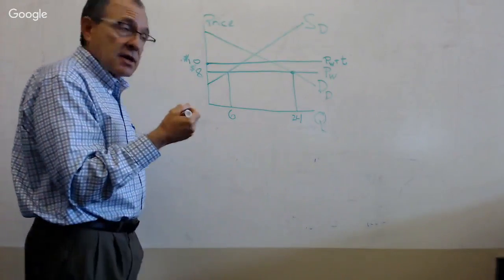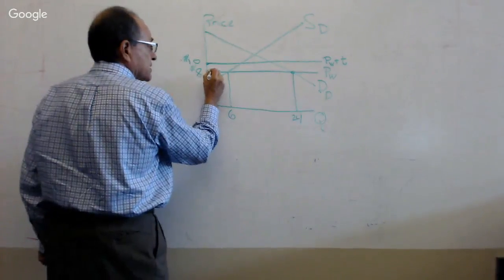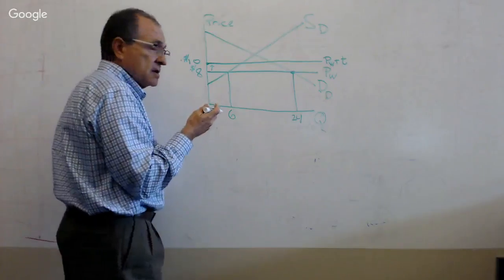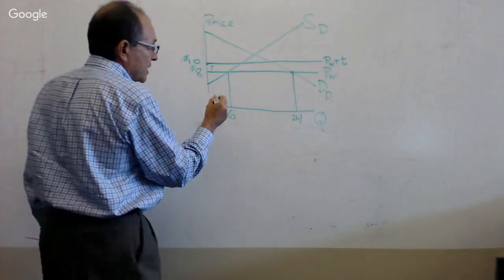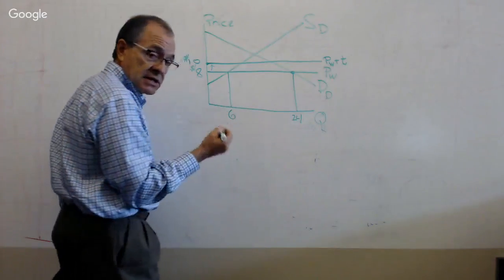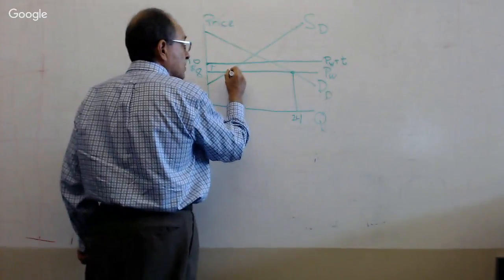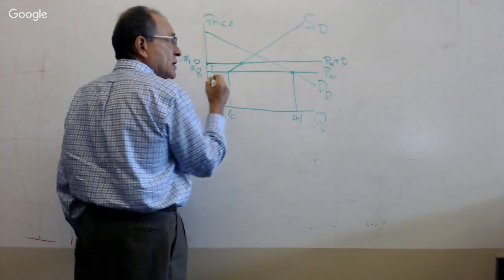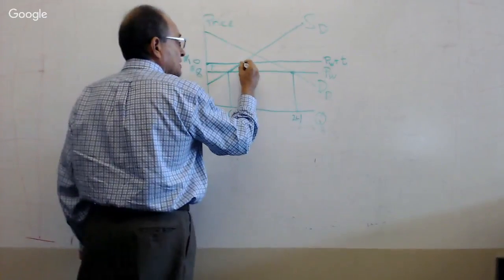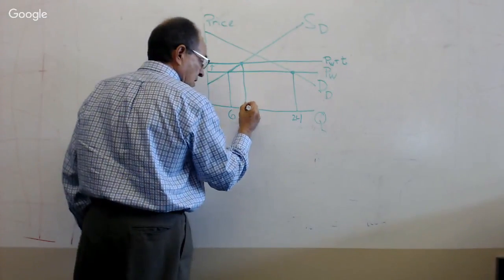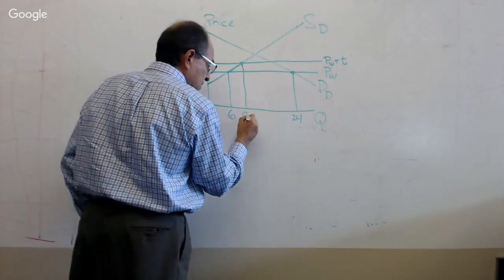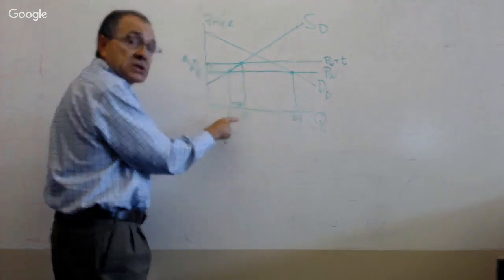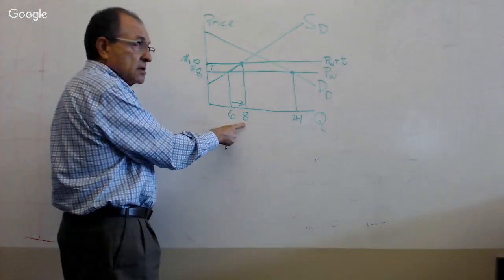Now let's see some of the impact of this higher price. Domestic producers are going to respond because now they're able to sell their product at a higher price. That's going to stimulate production of their product, and so they're going to move up their supply curve to where it intersects with the new price curve, and produce 8 units. This line indicates by how much domestic production has expanded.